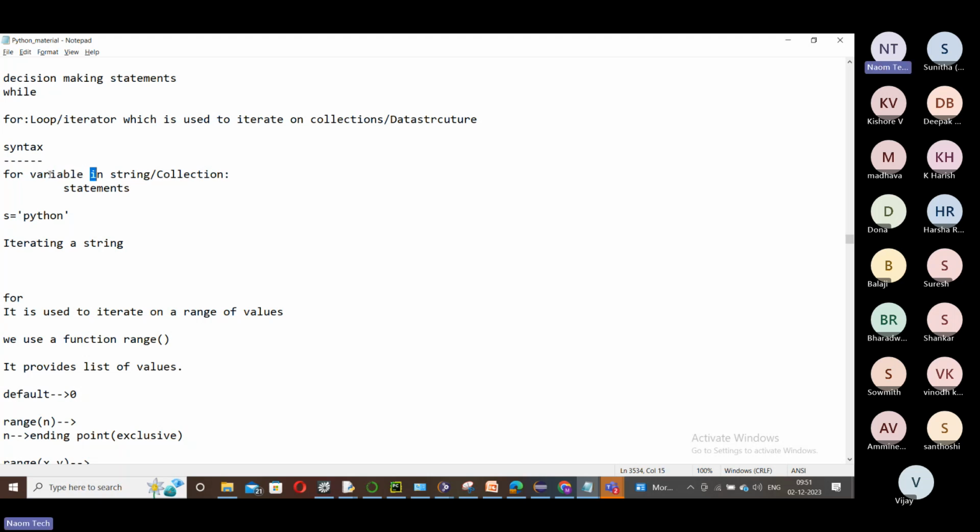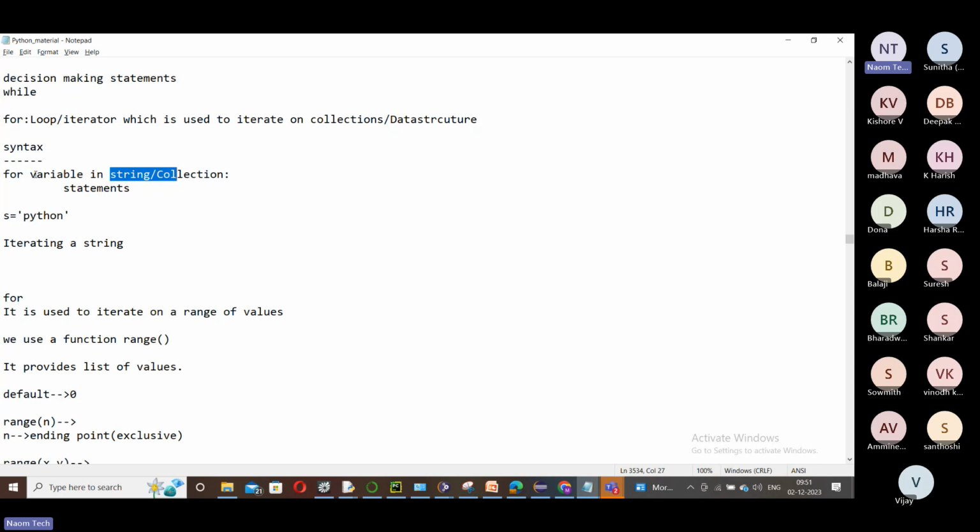Temporary in the sense that the value just stays only for a moment, until that iteration happens. That's all. For variable in your collection or data structure, and then statements after that.